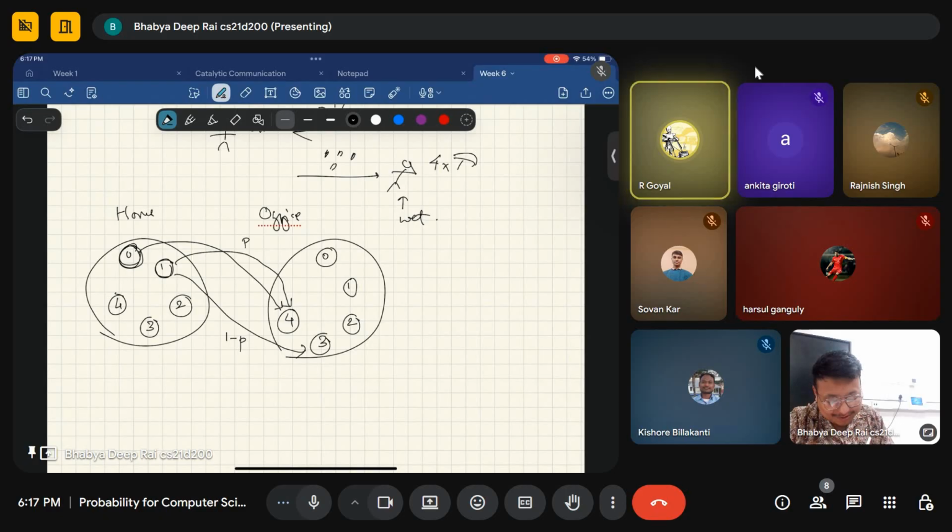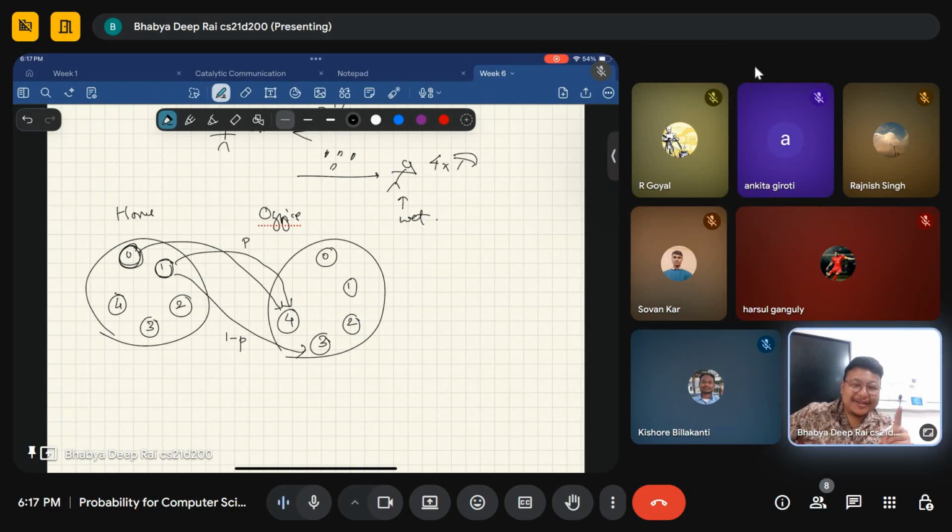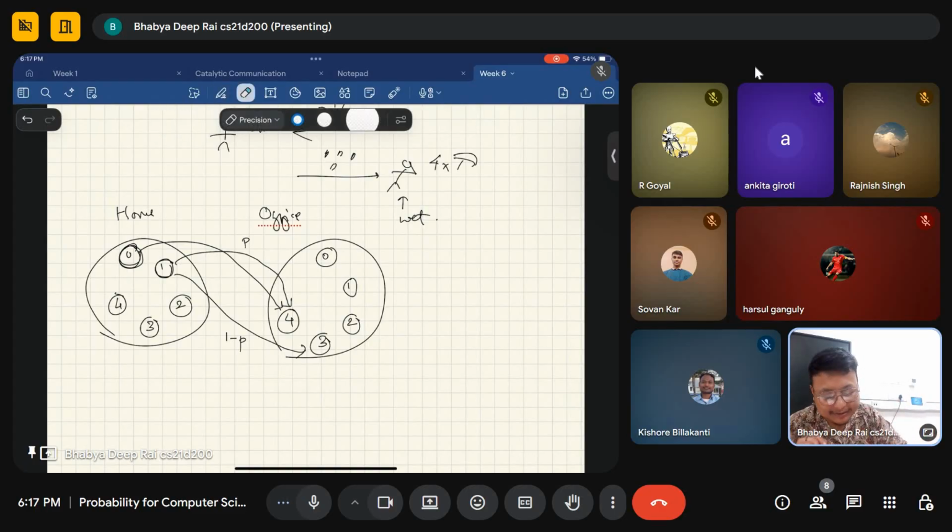Is Goel's idea clear? I mean, I'll build on it. What Goel is saying is, I'm going to make these states. Each state corresponds to the number of umbrellas, and I'm dividing the states into two types: the home states and the office states. And further, they are labeled by the number of umbrellas. Okay, so each state